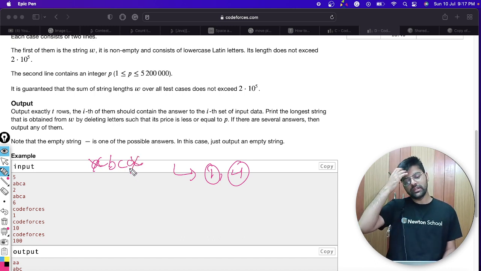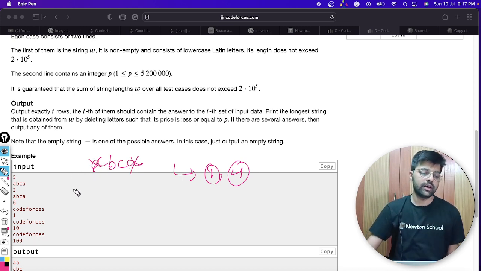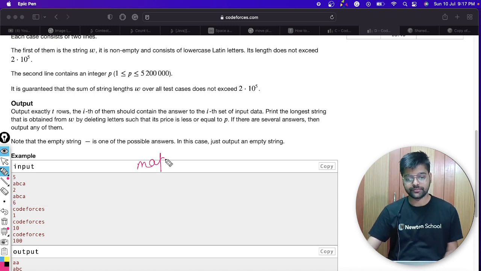You can use any character to mark it other than a lowercase Latin character. I have used a dot. So I will need a map which maps A to Z to their positions.